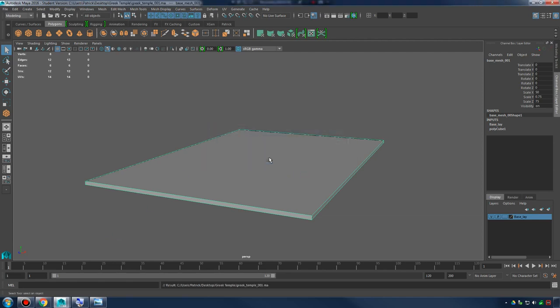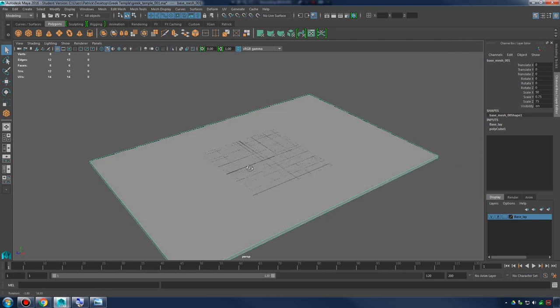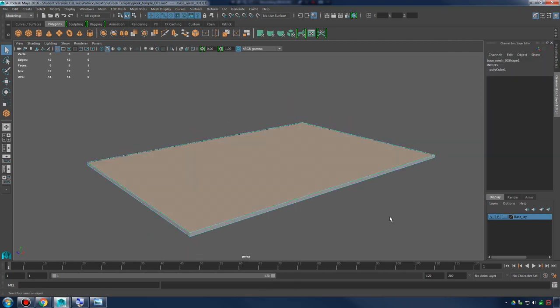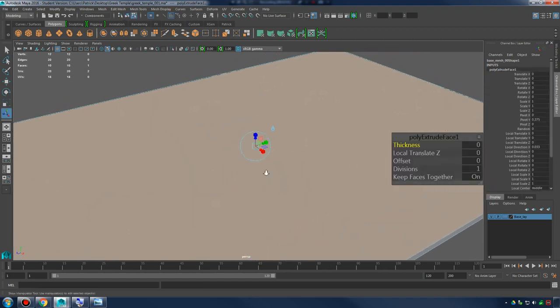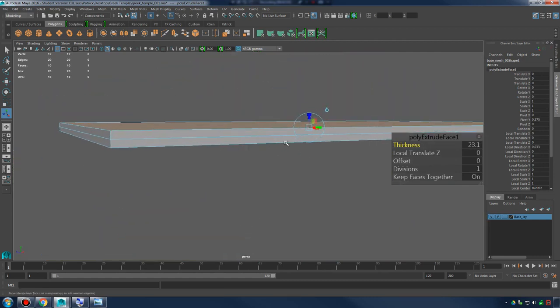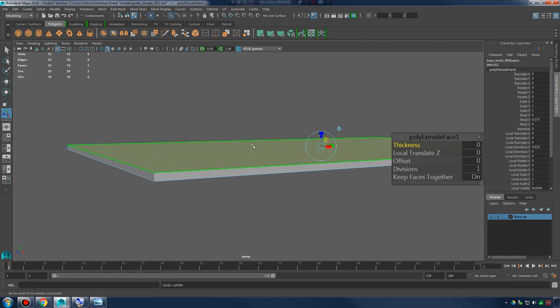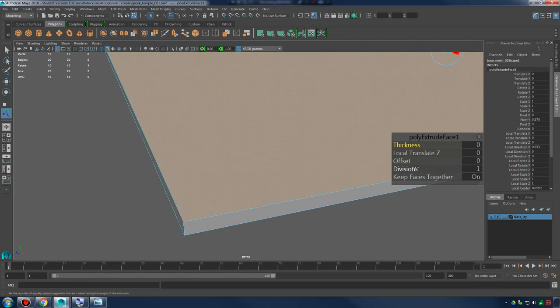Okay? So what we want to do is extrude my base up to make some nice steps. To do that, we're going to go into face mode, select this top face here, and I'm going to hold down Shift, hold down right click, and extrude face. All right, if we do my thickness here, well, that's just bringing it up. What we need to do is scale it in because we need to create the surface of my first step. So if I go to offset,